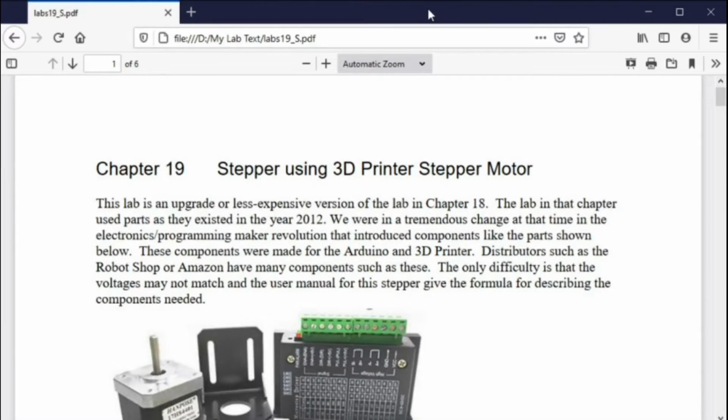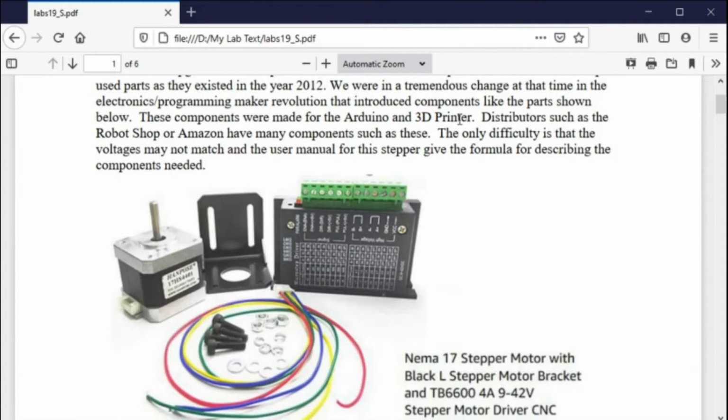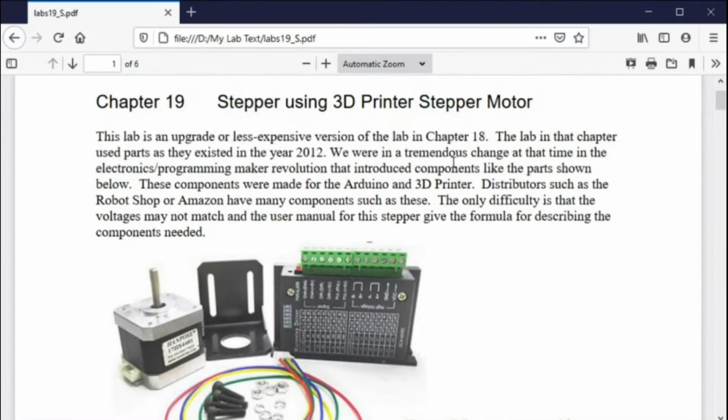Okay, so this is the new stepper motor, and this is from chapter 19. So chapter 18 is the eval board, chapter 19 is the stepper, and then chapter 20 is a rehash of the servo motor. You can use those if you want to, but really they're the same as in this chapter. But this is new. Chapter 19 is a new approach to doing the